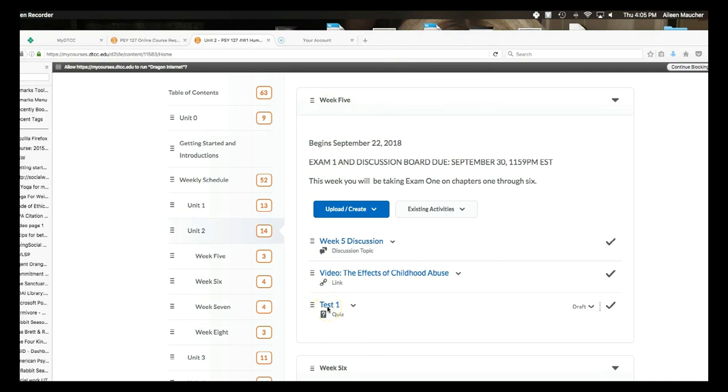Now the test will not actually be available until the week the test is released. So your week 5 test will be available beginning on week 5. Again, it is a timed test, so you'll have 80 minutes from the time you sit down to take the test until the time you finish it. It is an open notes test, so you're certainly welcome to keep your textbook open as well as use the PowerPoints or any personal notes that you might have taken over the course of the class. But again, those tests are timed and they are not available ahead of time. They are only available during the particular week in which the test has been assigned.